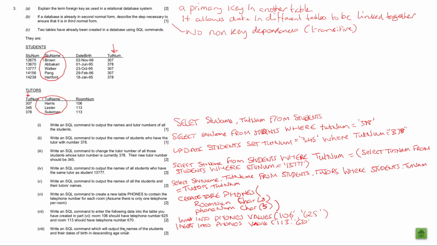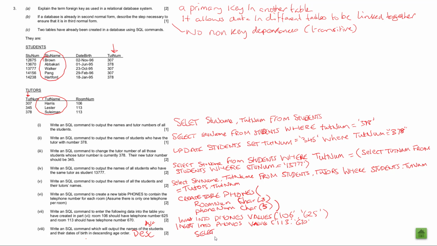The last one: write an SQL command which will output the names of students and their dates of birth in descending order. Right, well, I know descending order is like DESC. I know that much. You could say ASC or DESC, I think it is. So what I'll do then is I'll say